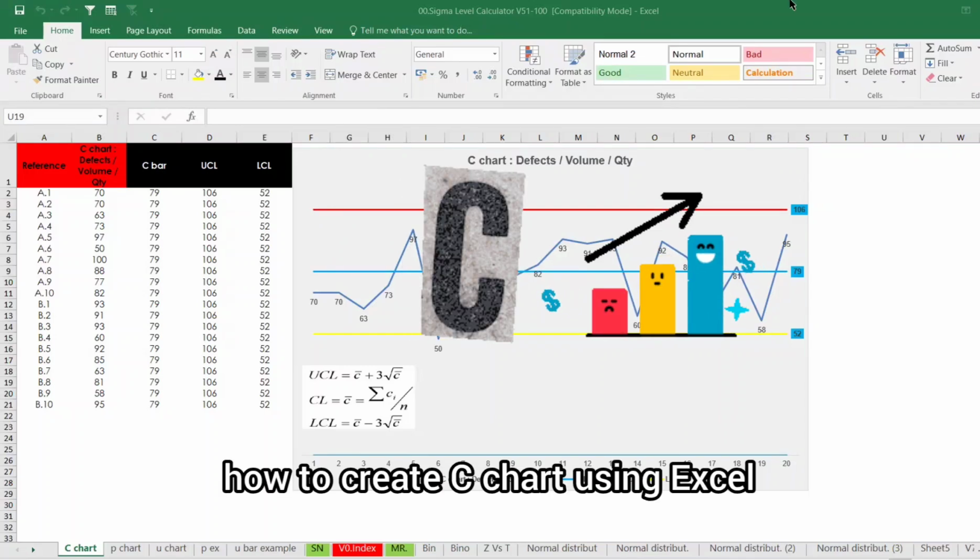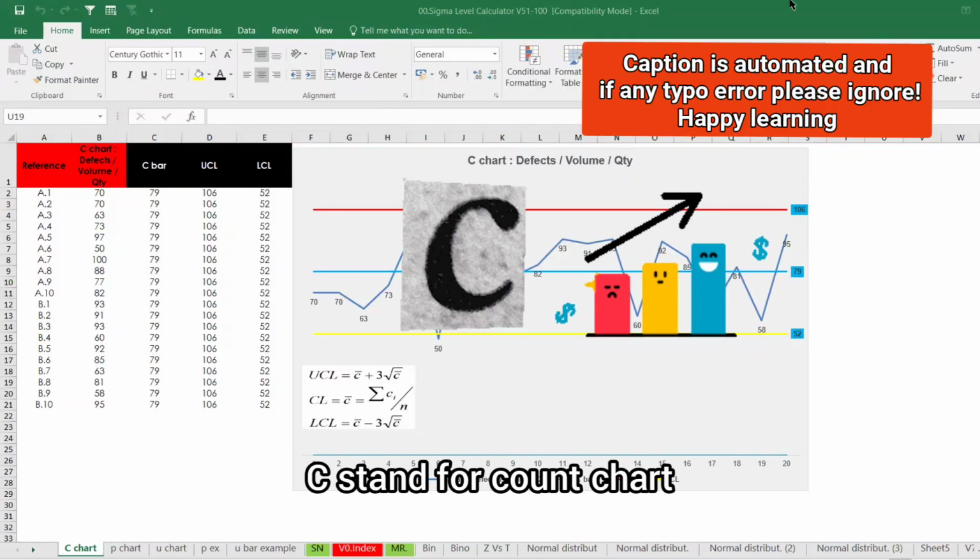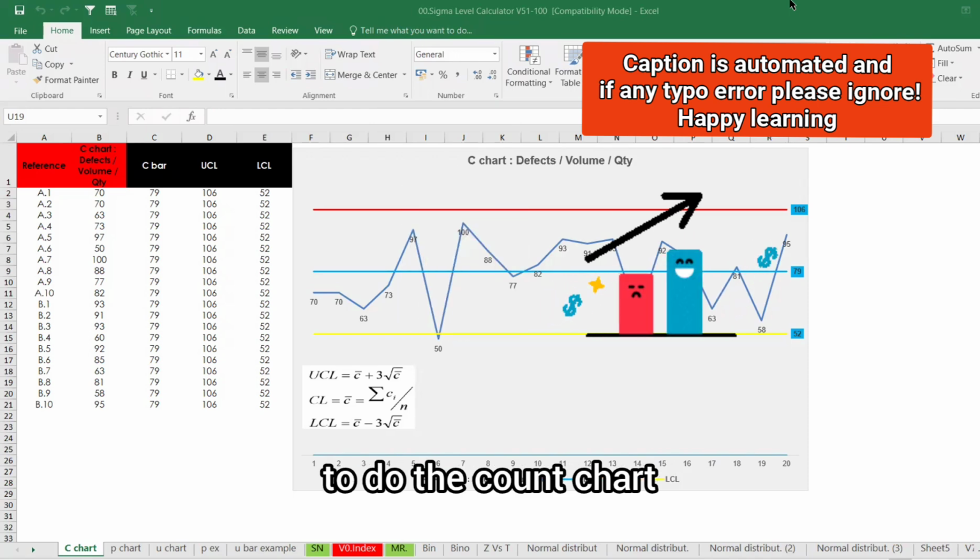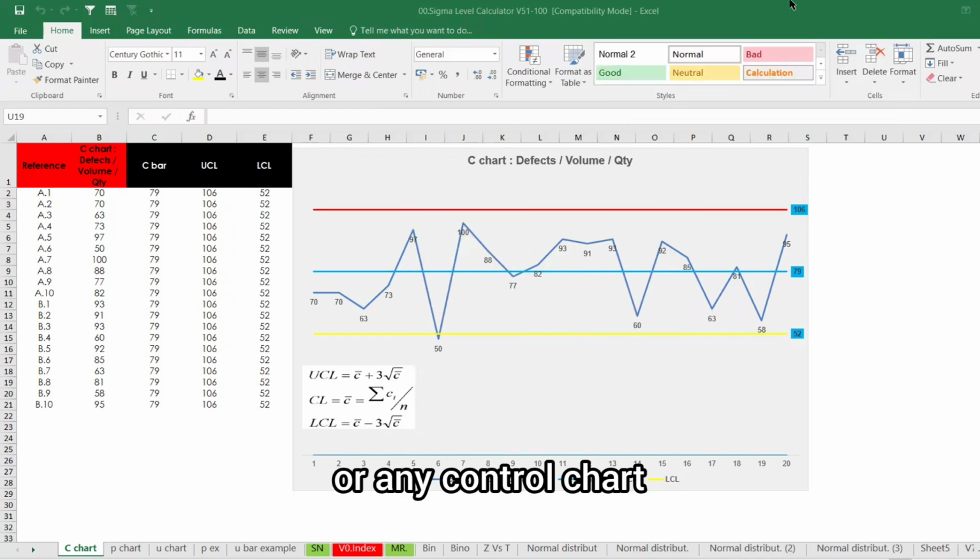How to create a C chart using Excel. C stands for count chart. To do the count chart, or any control chart, the control chart carries formulae, and based on that the